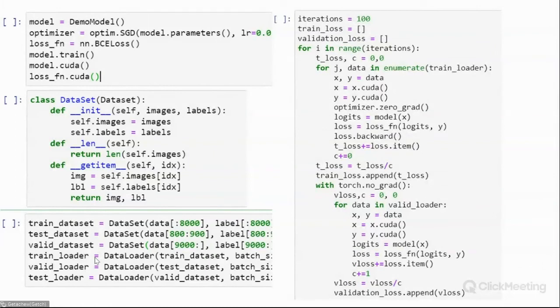In the training process, what I want to focus on is, please don't forget to put your arrays onto CUDA. Once you put your model on the GPU, don't forget to put your labels and arrays onto CUDA as well. And don't forget to put your optimizer and the loss function in the training process, as you can see in the highlighted section.